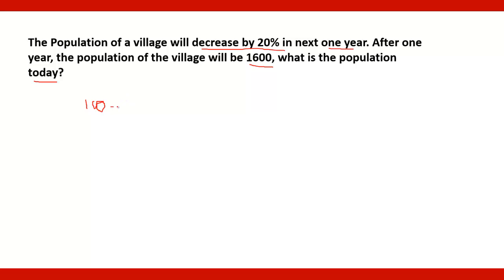So if the population is 100 and in 1 year it decreases by 20%, so minus 20%, and the 20% of 100 is 20, and since it is a decrease, it is minus 20, so 100 minus 20, it will be 80. So 100 reduced to 80,